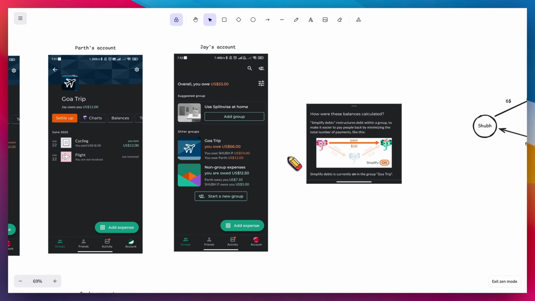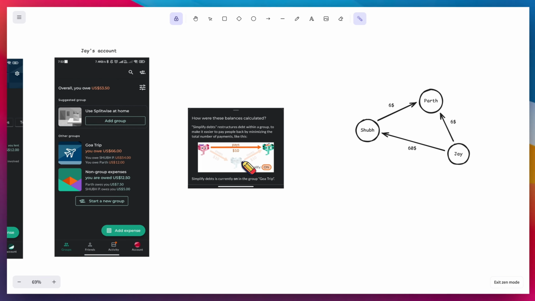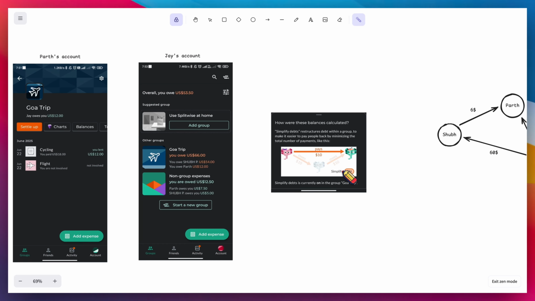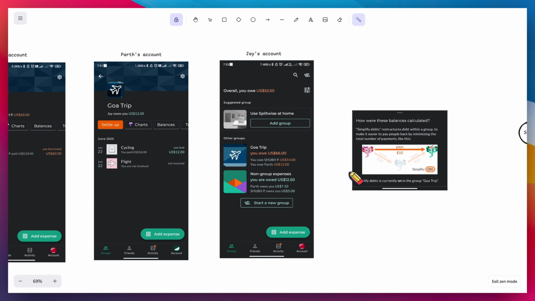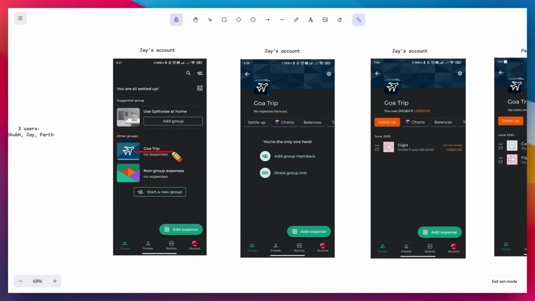So over here, you can clearly see that in Jai's account, it is written that you owe Shubh $54 and you owe Parth $12, which is what we saw just now. So this simplified debt function will be minimizing the number of transactions. I hope you understood these group related features. Now coming to the